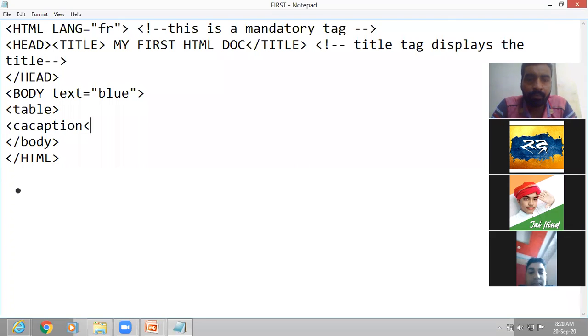Then we write the title of the table, suppose student marks. Then we close the caption tag.